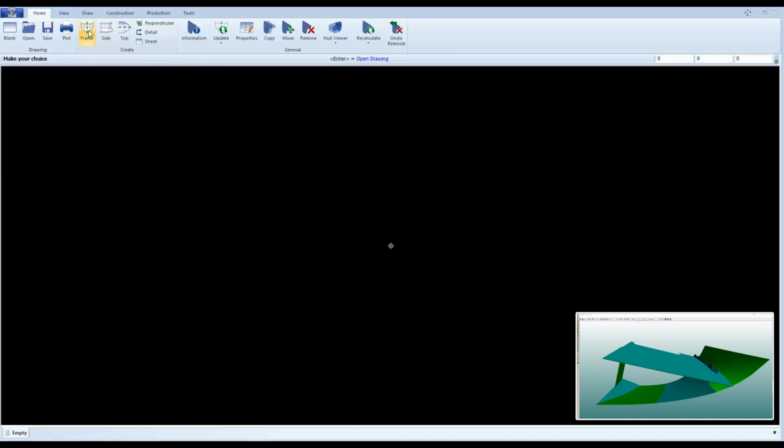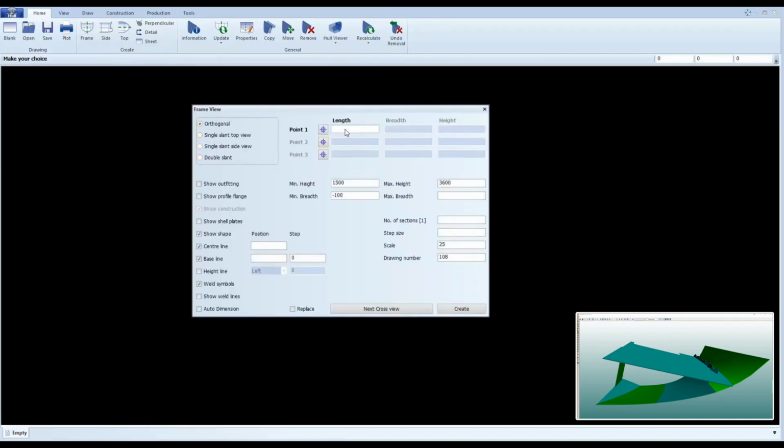We will create now a frame view. We go to create frame. We will create on frame 26, and notice that we have now in the panel a new option called show shell plates. By default this is disabled, so you will see the hull line and not the shell plates in your view. I will now enable it,